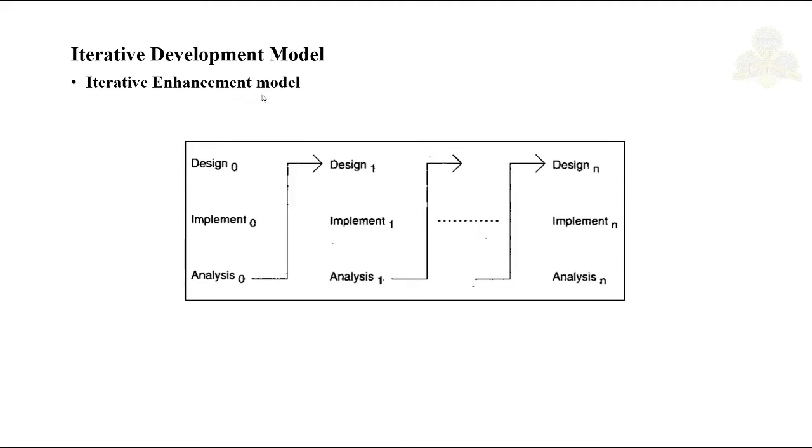This iterative enhancement model tries to combine the benefits of the prototyping and waterfall models. The basic idea here is to develop the software in increments. Each increment will add some functional capability to the system until it is developed fully. At each step, extensions and design modifications can be made. In the first step, a simple initial implementation is done for a subset of the overall problem. This subset is one that combines some of the key aspects of the problem that are easy to understand